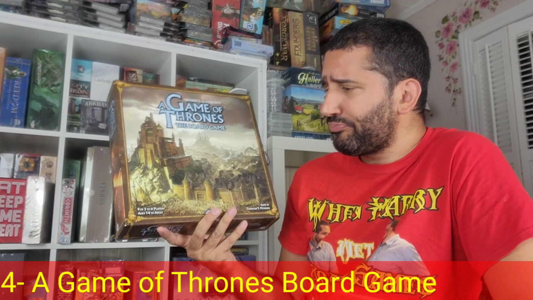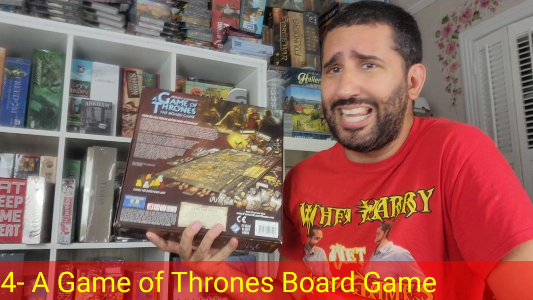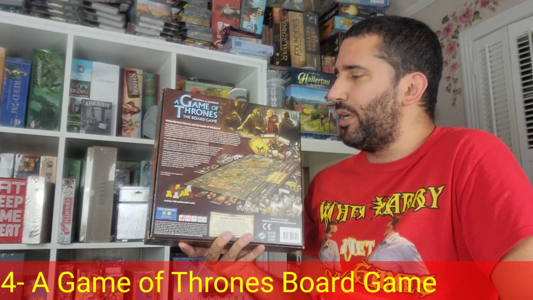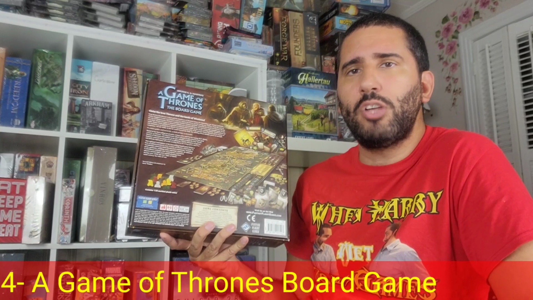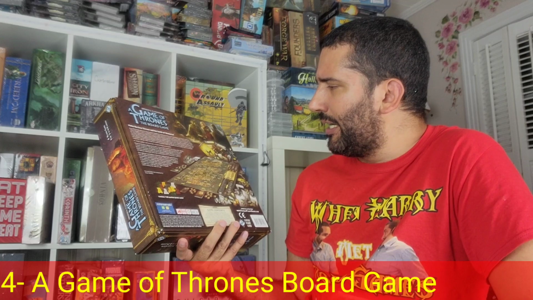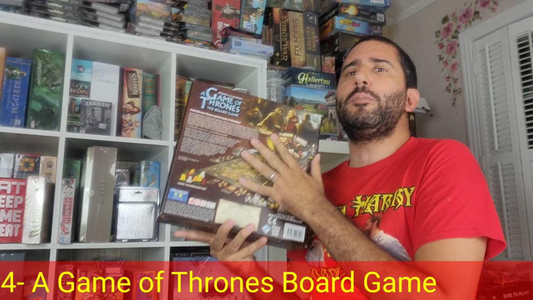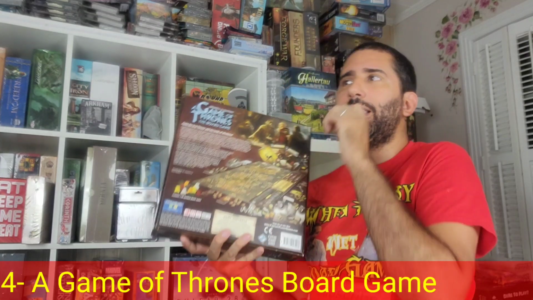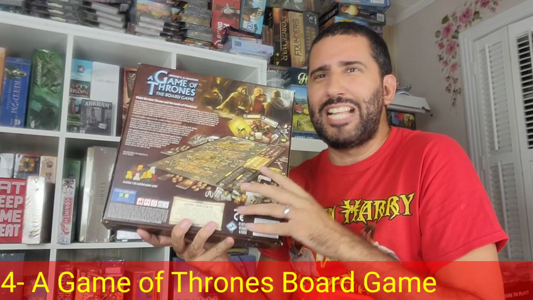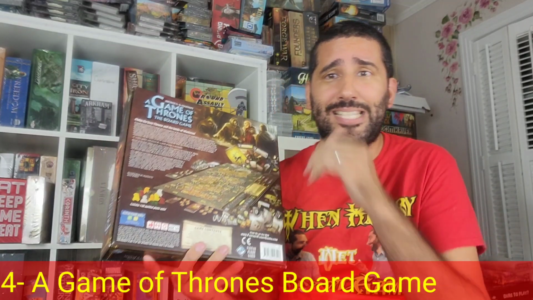And basically, the board's a map of the lands of Westeros, and 6 of the houses of Westeros: House Martell, Tyrell, Stark, Lannister, Baratheon, and Greyjoy. These are the 6 houses represented in the base game. And they're all competing for the Iron Throne, basically. And you're competing in lots of combat and lots of negotiations taking place, and intrigue and alliances and backstabbing,